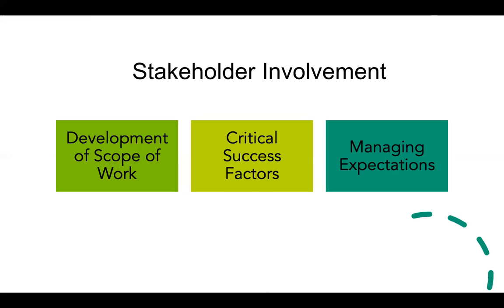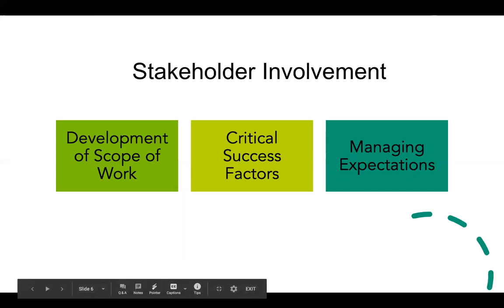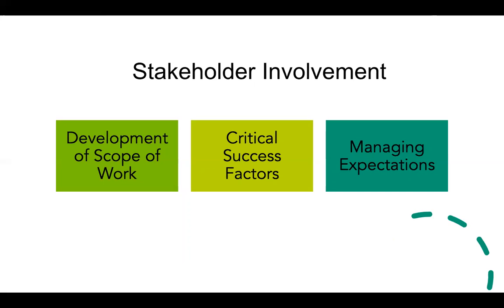One of the major roles a board member will have as a stakeholder is helping to define the critical success factors for a project. These are the major expectations that the project team must accomplish for the project to be considered successful. Finally, it is important for stakeholders to refer back to this document later in the project to compare the current progress to those original objectives established in the scope of work. This is an efficient way to manage expectations throughout the course of the project.